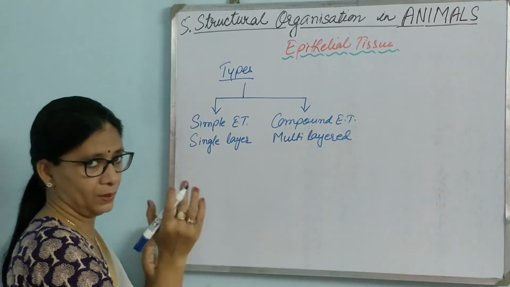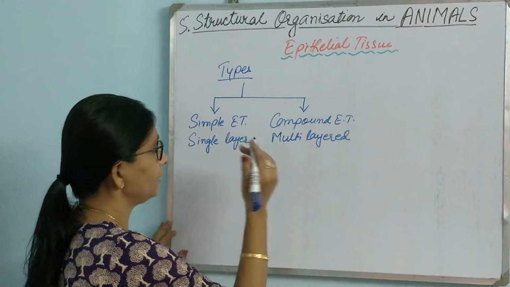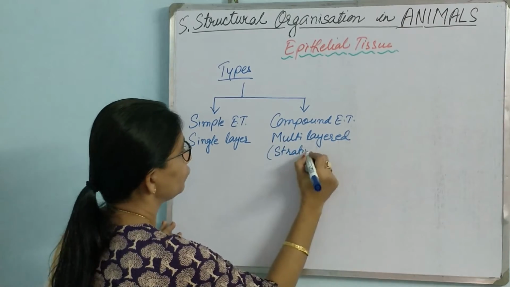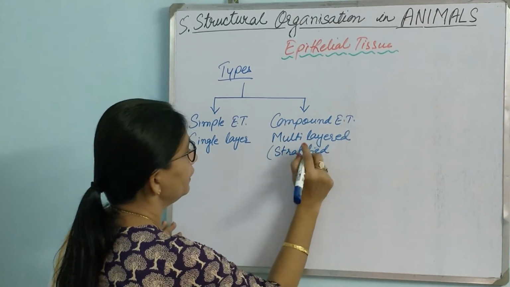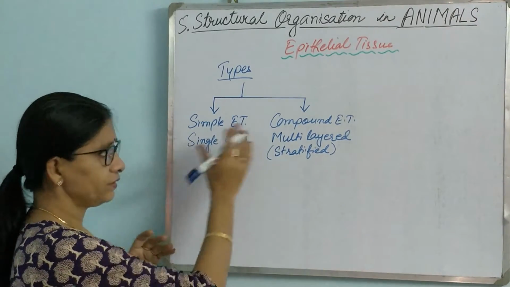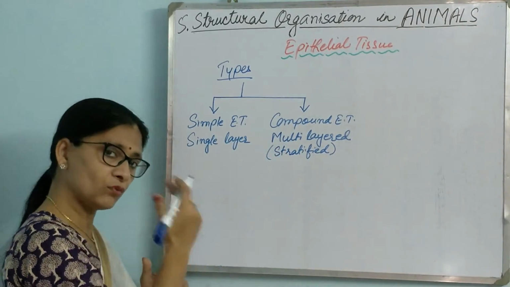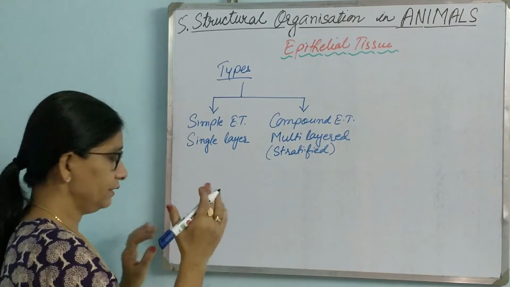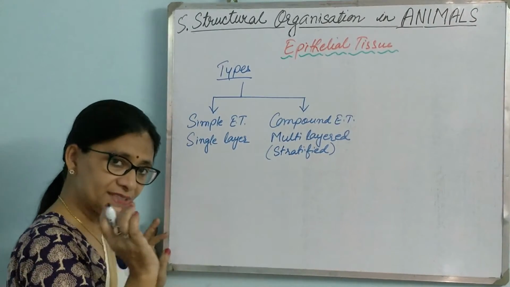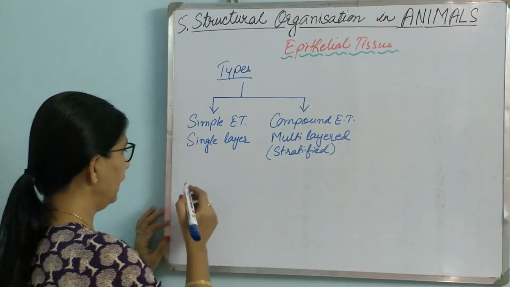Multi-layered epithelial tissue is also known as stratified epithelial tissue. Now, this classification is based on the number of layers that is present. There is another classification which is based on the shapes of the cells of the epithelial tissue, and the shapes